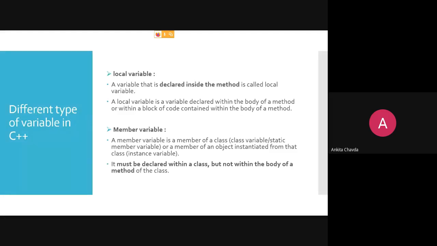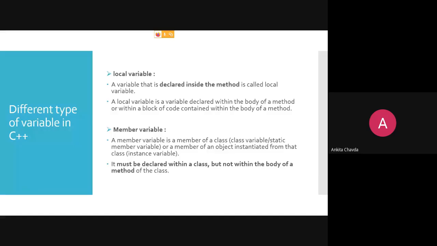A local variable is a variable declared within the body of a method or within a block of the code contained within the body of the method. So anything that you are creating inside your function, or your formal parameters, these are known as your local variable. And what is the member variable?